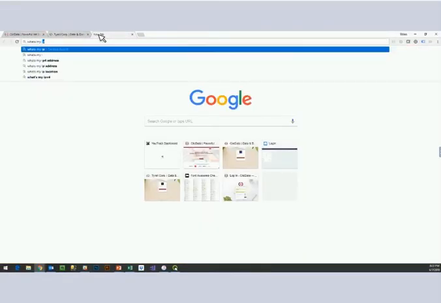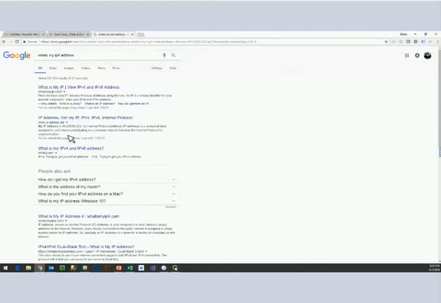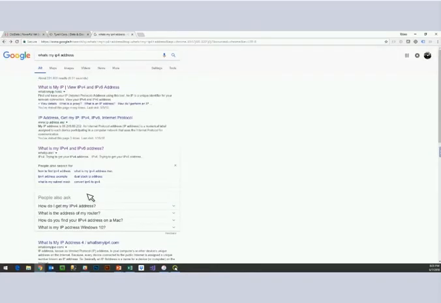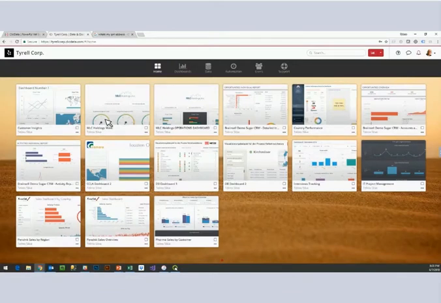All you have to do is go out to Google and say, what's my IPv4 address? Or, what IP is me? Let's see. And it'll tell you this is your IP address. This is where I see you coming from. But if I was to look at my computer's IP address, that's actually not my real IP address. I would have one of those 192.168 numbers. So once you know the real IP address, we go back to